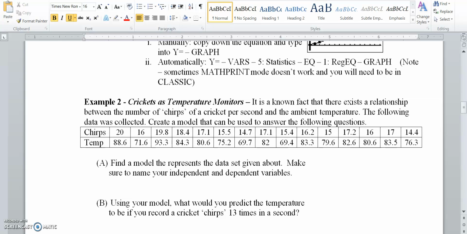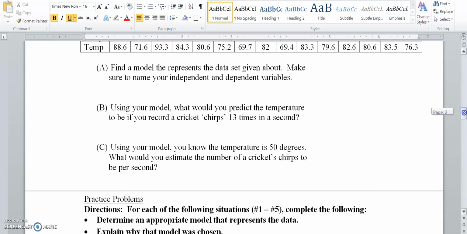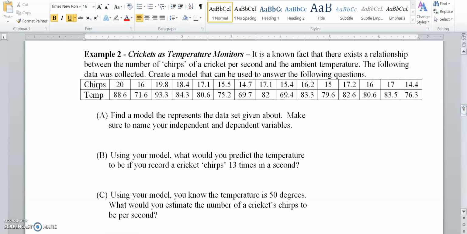It doesn't just say what's the model. So part A says find the model or write an equation for the data up above for crickets chirping versus time or temperature. Part A we can do, we just did that in example 1. But part B says using the model, what would you predict the temperature to be if you're finding the crickets chirping 13 times? So based on the number of chirps up here by a cricket,